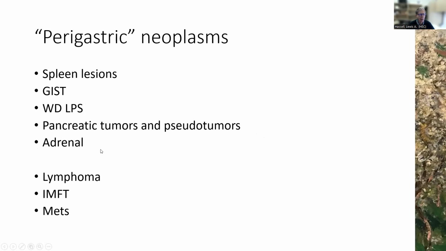The adrenal is an uncommon cause of a perigastric mass, but does live near enough by that direct spread or enlargement from an obliterated adrenal would be a possibility. And then, of course, things that you don't usually think about, like lymphoma, inflammatory myofibroblastic tumors, or other mesenteritis type of lesions could also present in this location, along with the ever constant possibility of a metastasis.